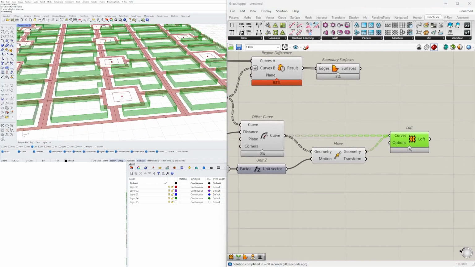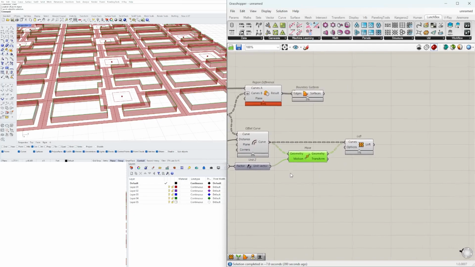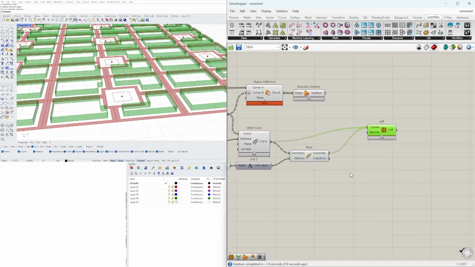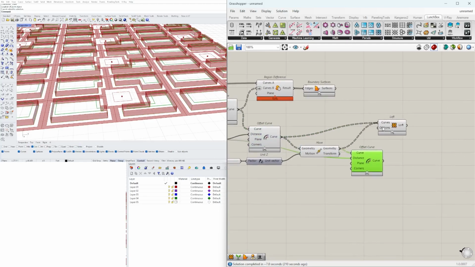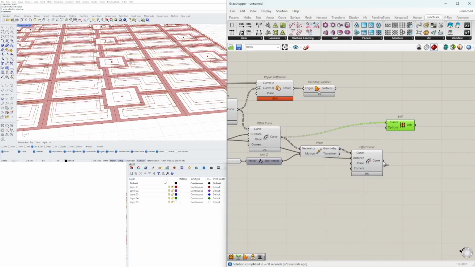So it's doing it when I do it up like this, but not when I take this and I offset it. If I offset it again, and I use that instead,